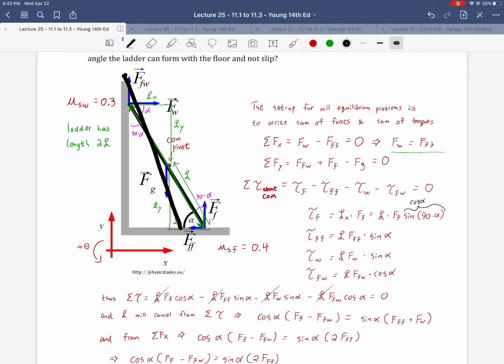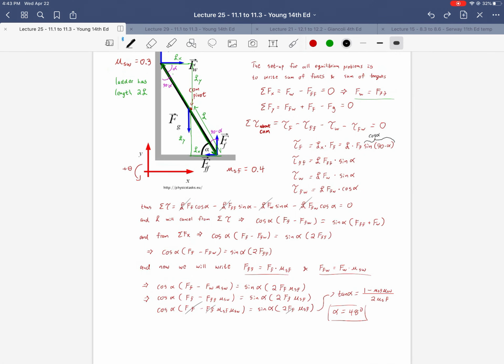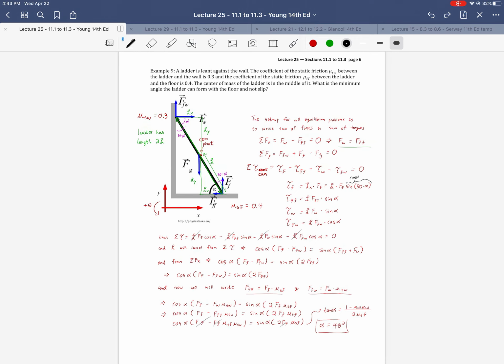All right, let's see. Or is that the side with more stability? We might have to test it out, because definitely if it's shallower, then it's going to slip. If I make the angle less than 48 degrees, then it will slip. But I'm wondering if we make it steeper, actually, I think it continues to be stable. So our limiting criterion is, we shouldn't think of it as the maximum angle, we should think of it as the minimum angle. So I want to restate or correct myself. Alpha represents the minimum angle at which the ladder is stable. All right, cool. So, kind of upper limits of complexity,